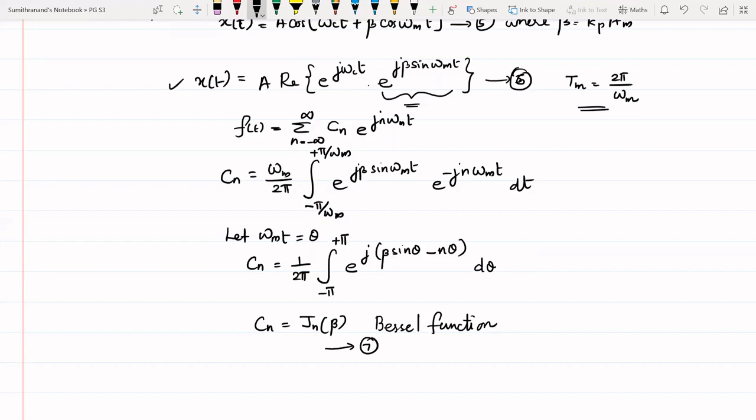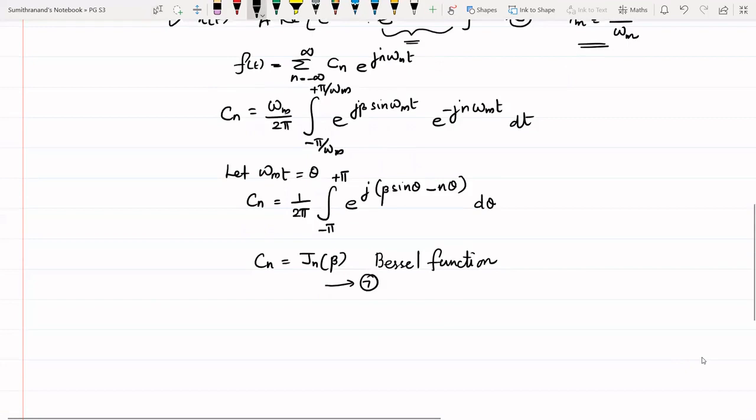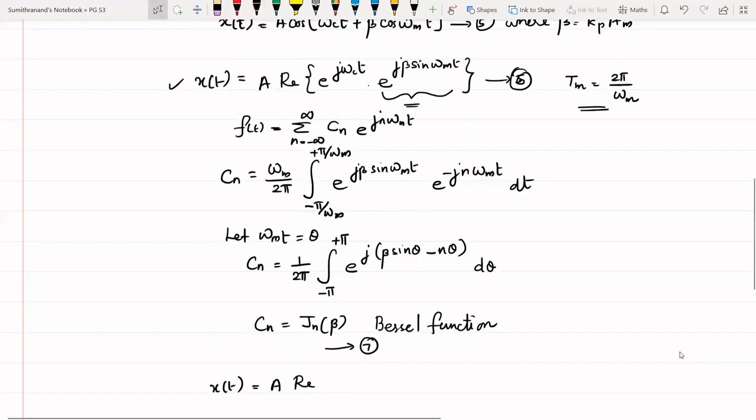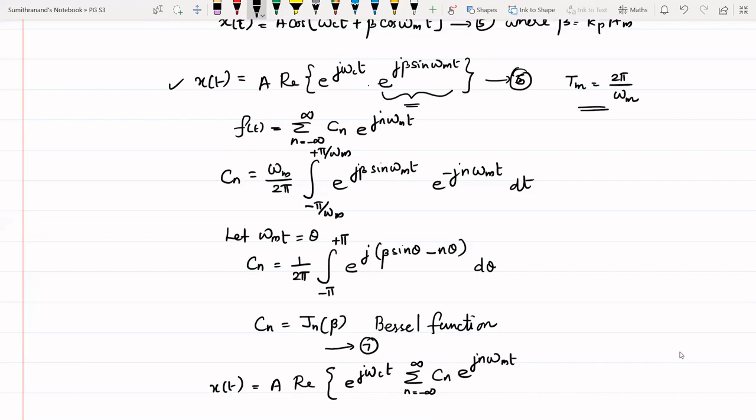So equation number 6 can be replaced by x of t is equal to a into real part of e raised to j omega ct into that Fourier series expansion, which can be written as sigma n is equal to minus infinity to infinity Cn e raised to Jn omega m into t,